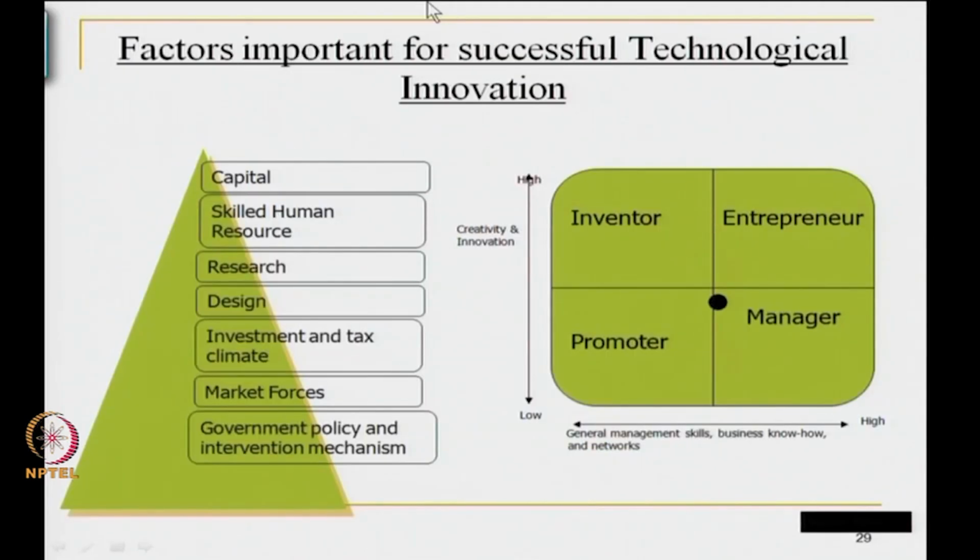There is another schematic diagram which I would like to share with you. It is what it reads: factors important for successful technological innovation. There is the government policy and intervention mechanism, there are the market forces, there is the investment and tax climate, there are the design issues, there are the research issues, there are the skilled resource issues, there are the capital issues. And as the literature in this area establishes, and this is a fairly standardized way of understanding the situation,